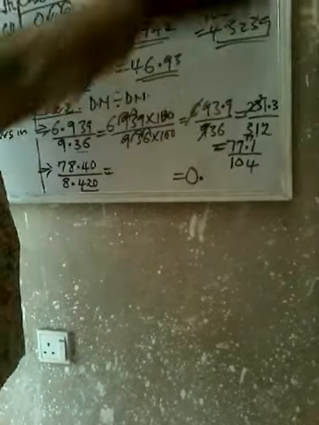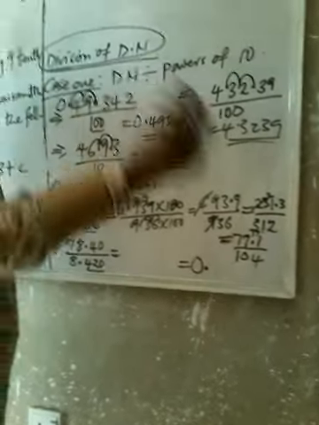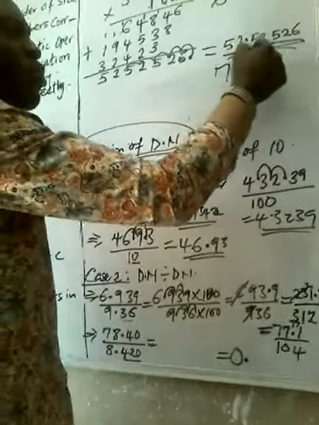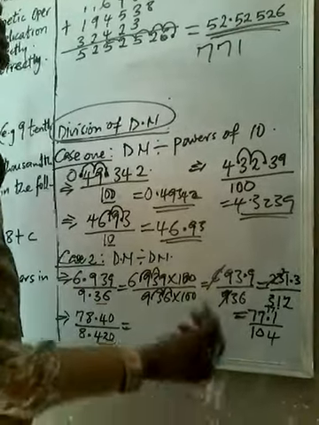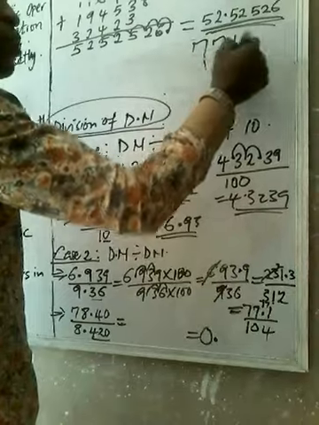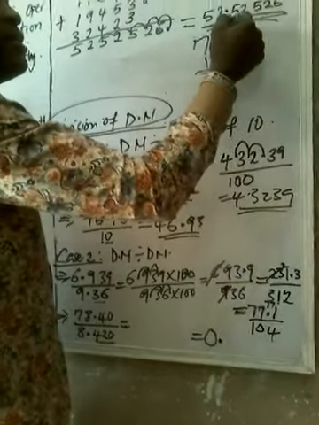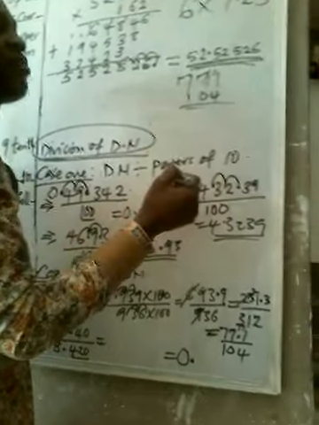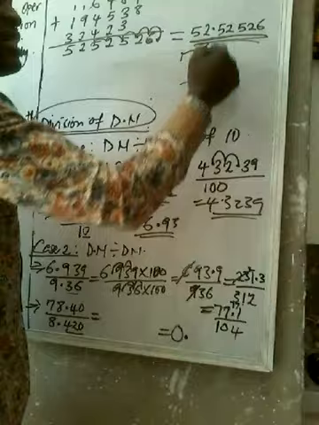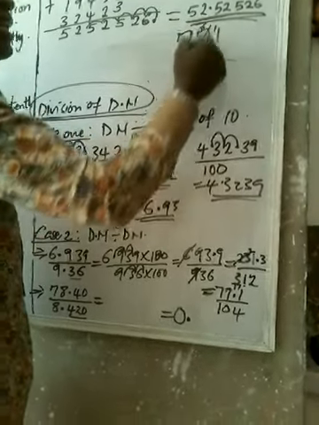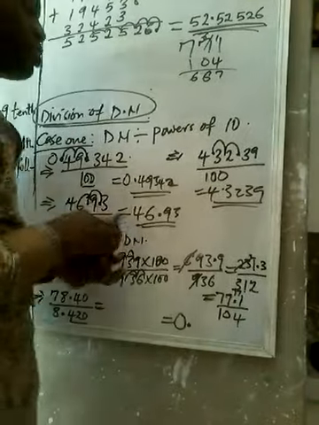Very simply. Go to the trick of repeated subtraction. Repeated subtraction, how do you do that? 771. Continue to subtract 104 till you get your answer. The first subtraction will give you, you take 1 from here, you bring it here. 11 minus 4 will give you 7. This is remaining 6. 6 minus 0 will give you 6. And then this will give you 6, 6, 7. Continue to subtract.